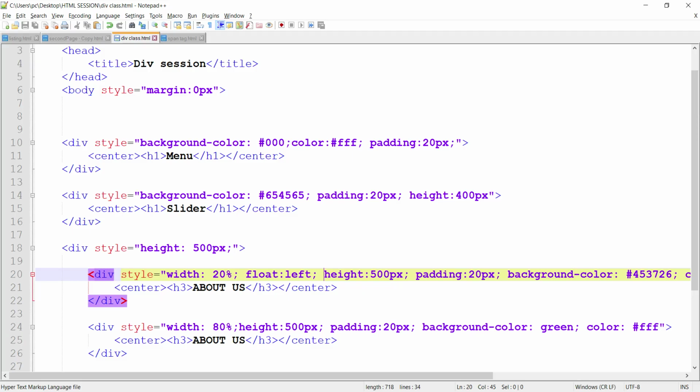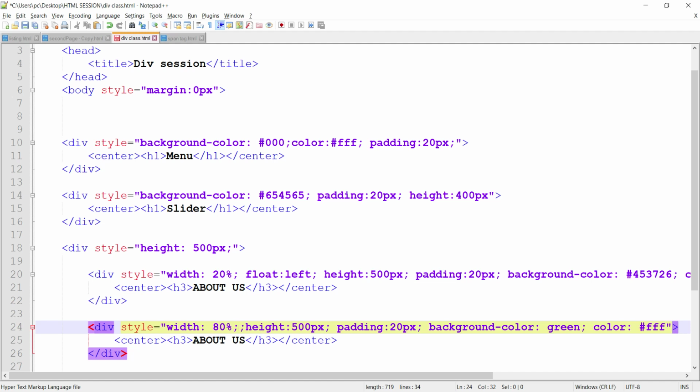Because the 20% of this div, the green div, is under this div. Okay, it is down to this div. So what we have to do here is also give float to right.